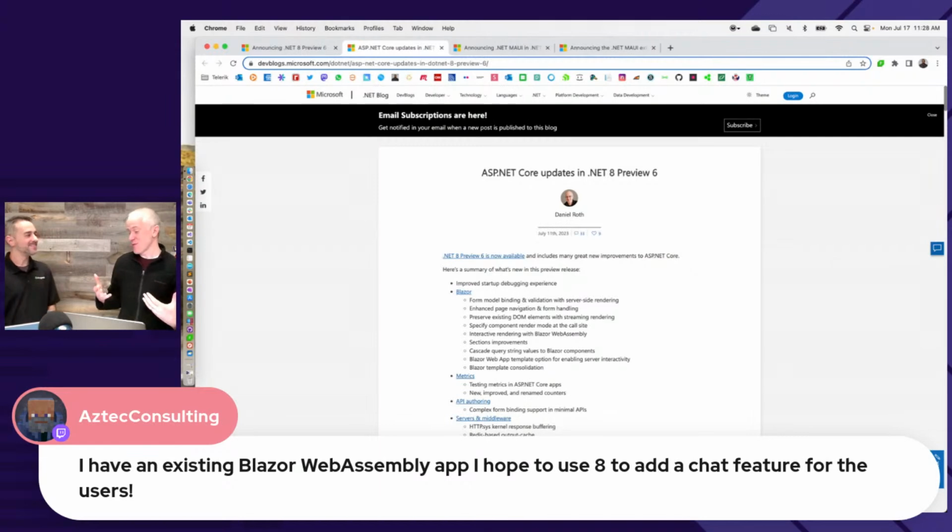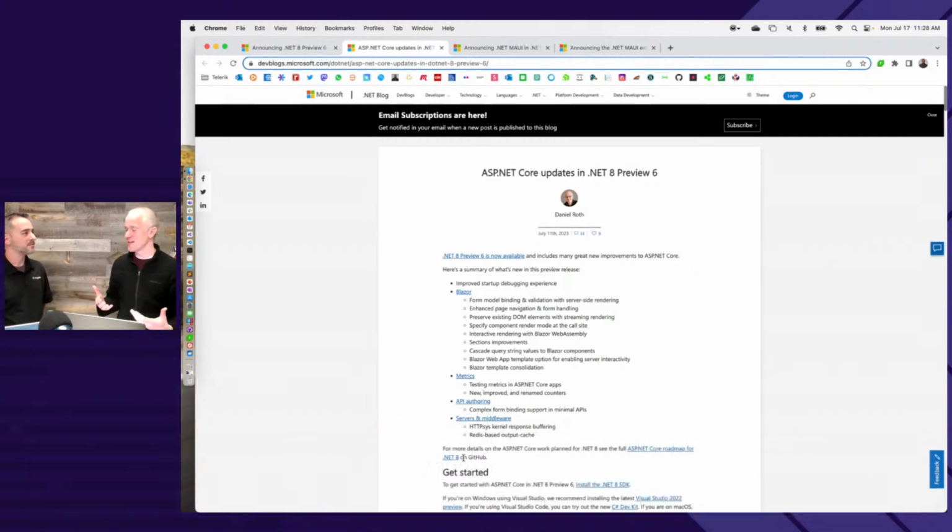Now, I'm guessing people are probably wondering what's happening with Hybrid. What about Blazor Hybrid in .NET 8? So Blazor Hybrid is continuing to ship and be supported as part of .NET Maui and also for WPF and Windows Forms in the .NET 8 timeframe. So you can use Blazor not only to build your entire web application, but you can also use it to build out the UI parts of your native mobile and desktop apps.